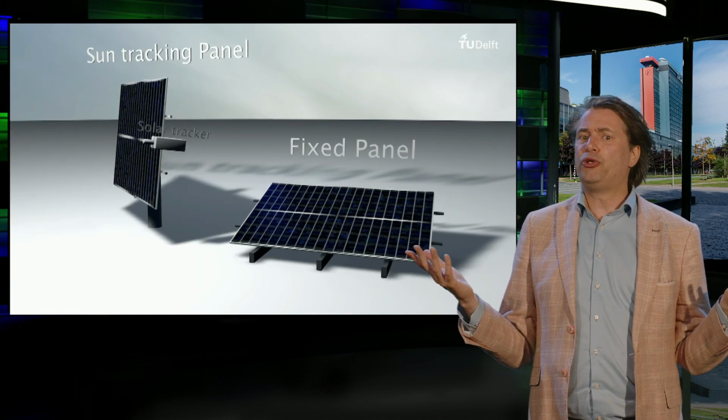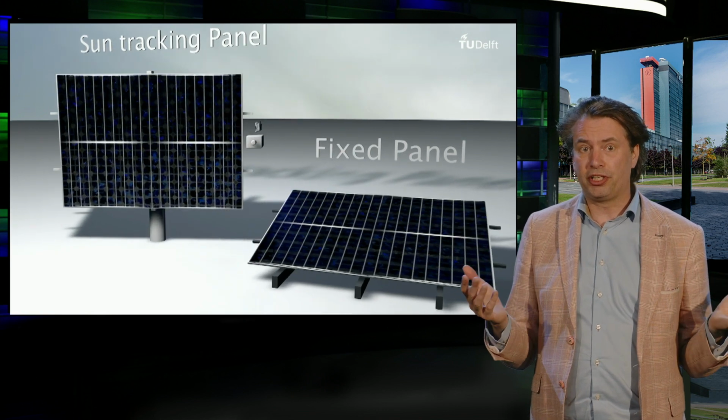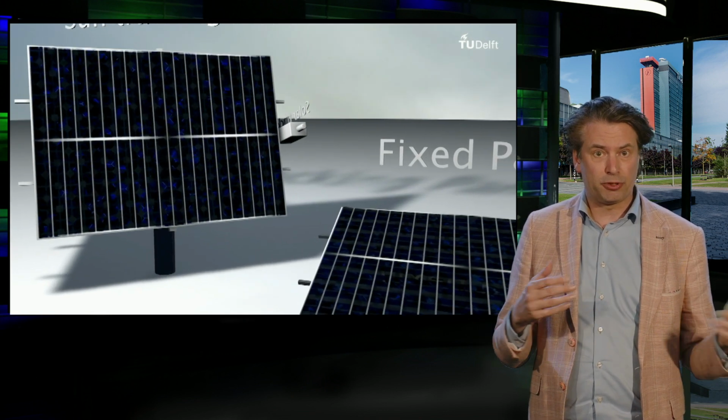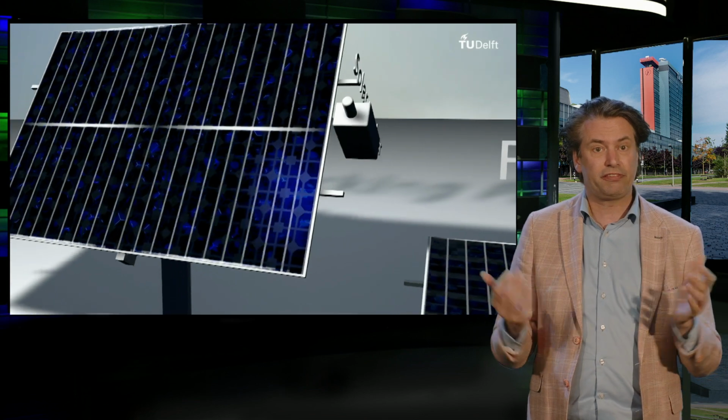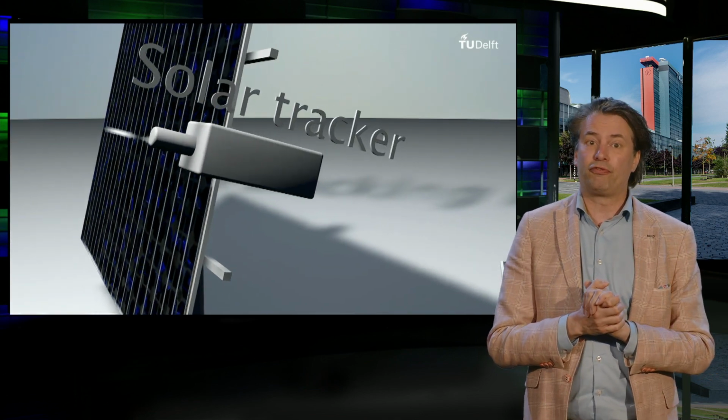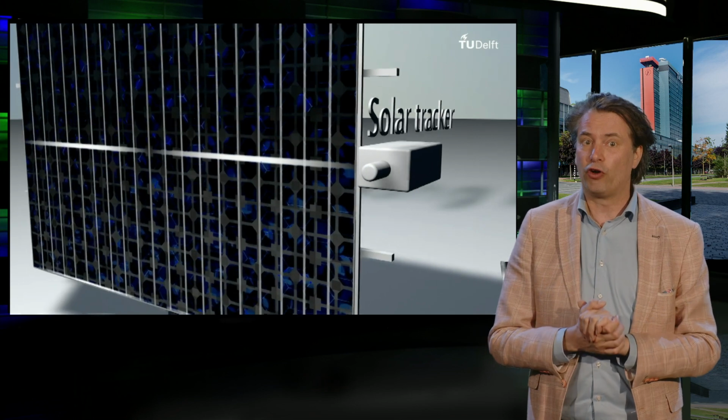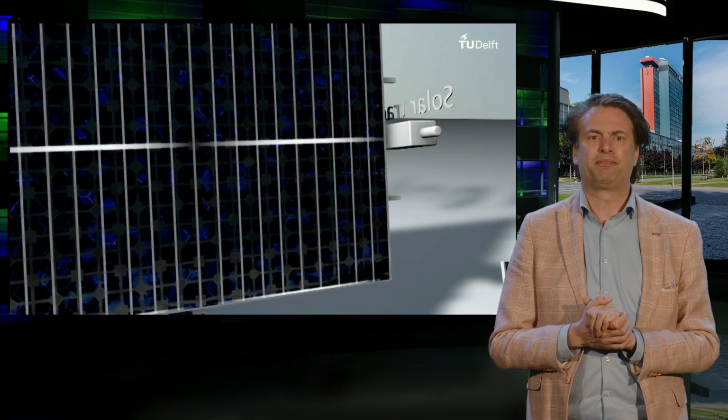One possibility is to use a fixed panel, where you can choose the tilt and angle and maybe adjust it a few times during the year. Alternatively, a mechanical tracking panel configuration could be used as well that follows the sun during the day.